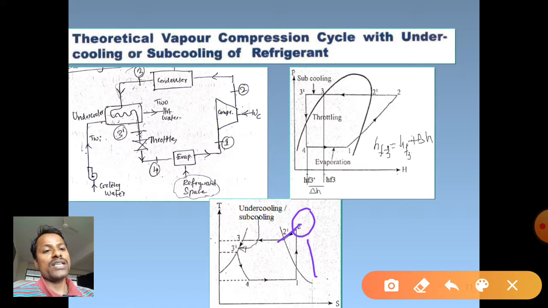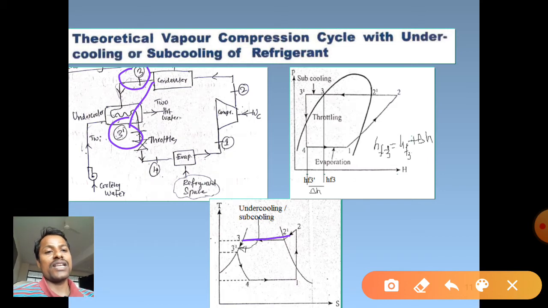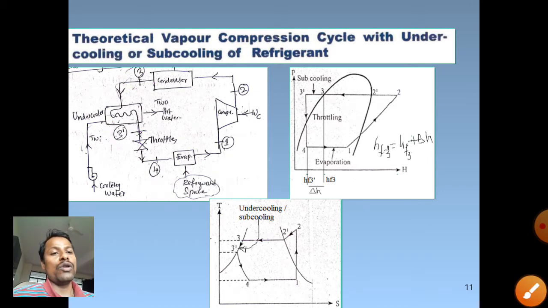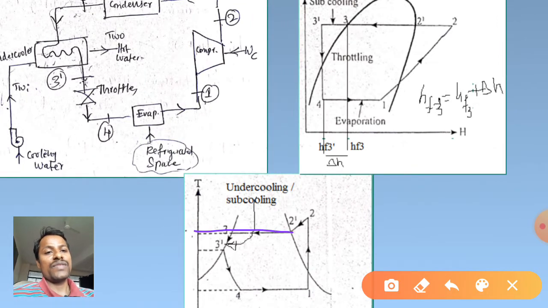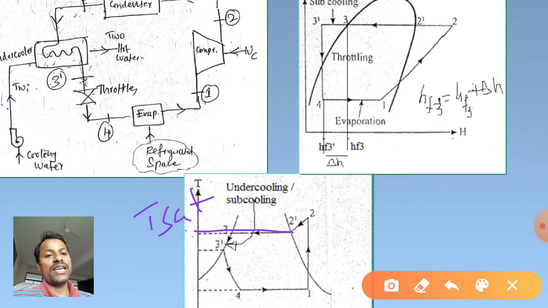So 2 to 2 dash it gets desuperheated, 2 dash to 3 gets condensed. After 3 to 3 dash it is coming out of the heat exchanger, wherein it is cooled. Now here this is the saturation temperature,